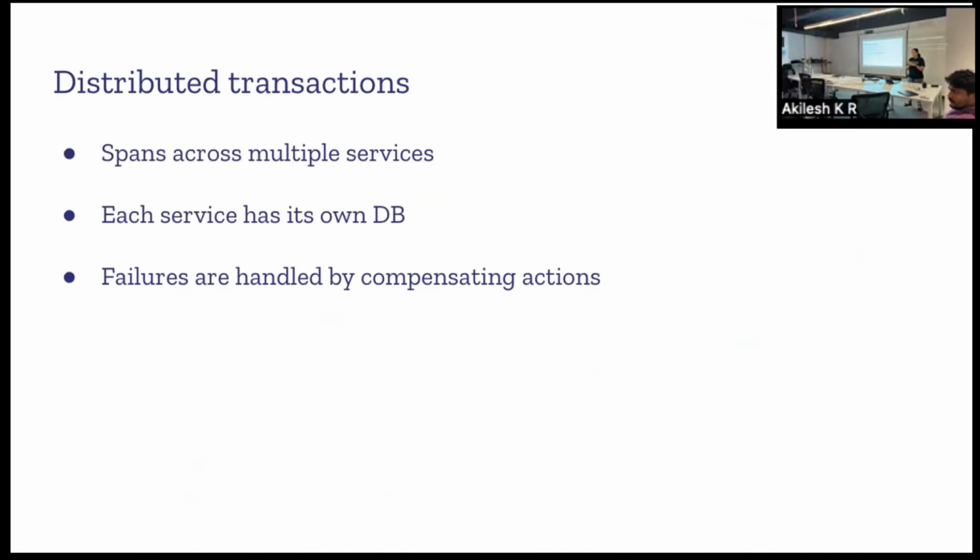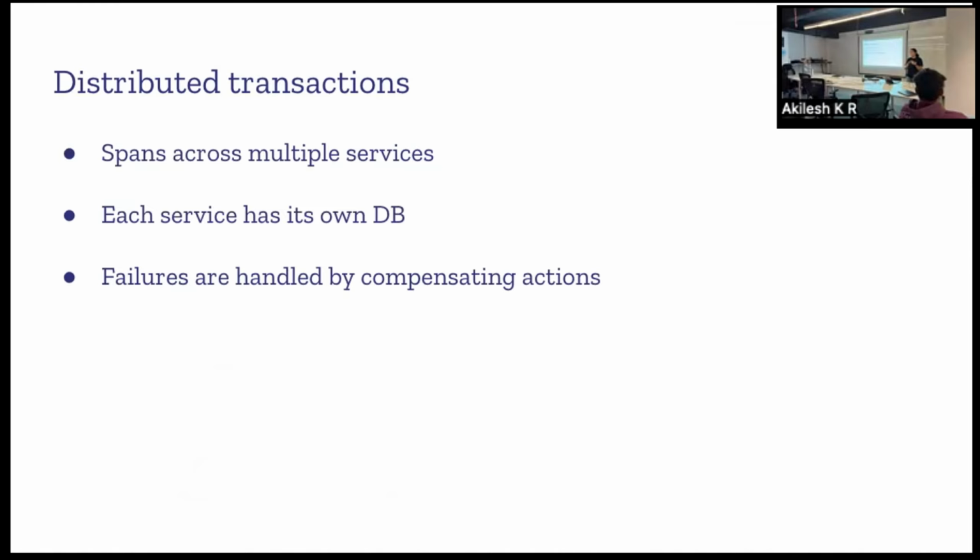But since we have broken it down, it is an induced complexity that we have created for ourselves. Anything that was happening in a single, simple transaction is now split across multiple services, and the onus is on us to ensure that the integrity is still maintained, right?